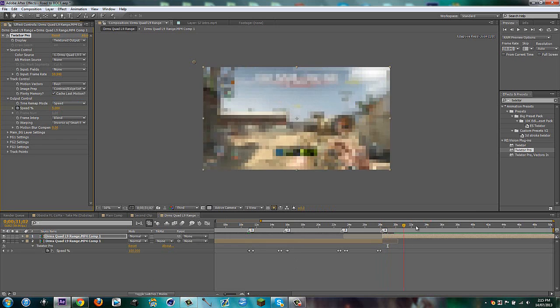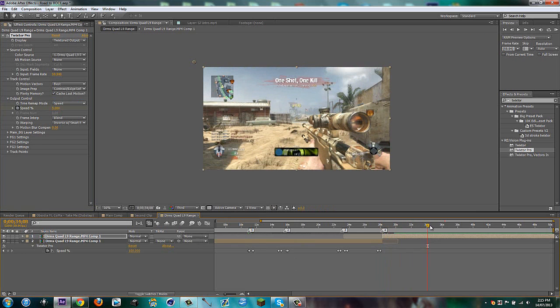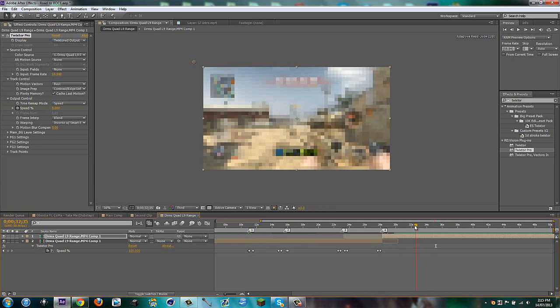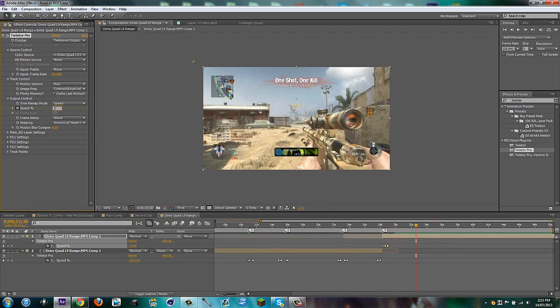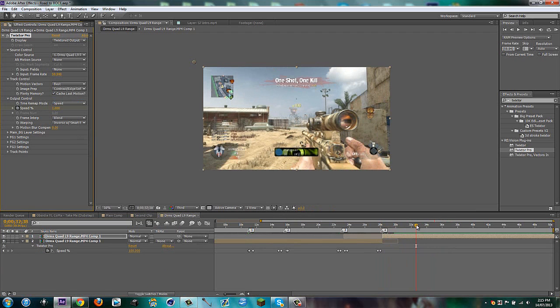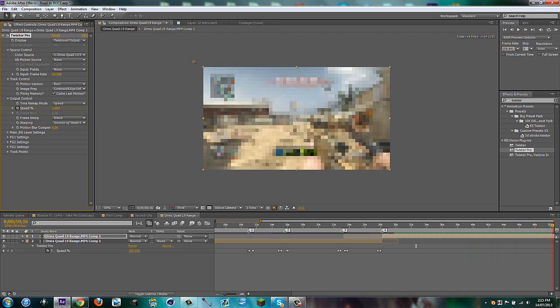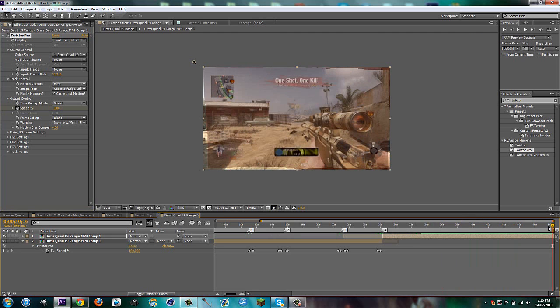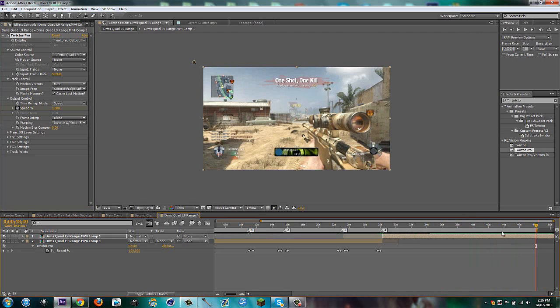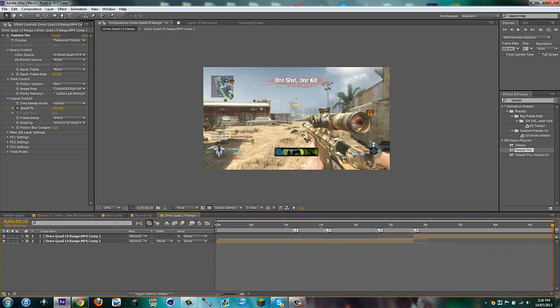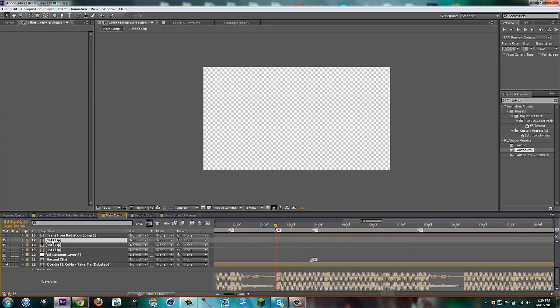So now we just got a smooth Twixtor, and I'm actually gonna gradually slow it down to like 1%, something just like ultra smooth, you know what I'm talking about? Ultra smooth. And then we got that gross stuff right there, so I can just trim this comp. I'm not gonna need this much, I'm just doing it for safe measures. So now what I can do is go back to my first clip,